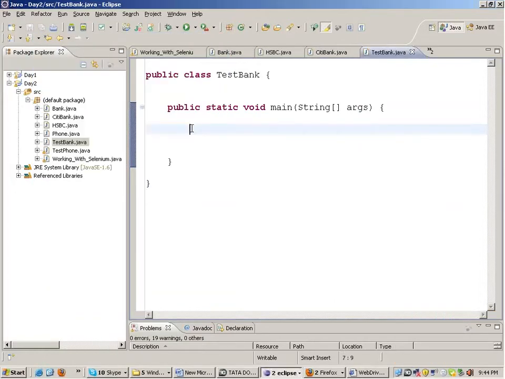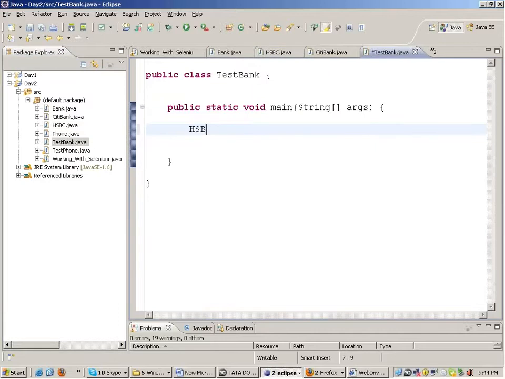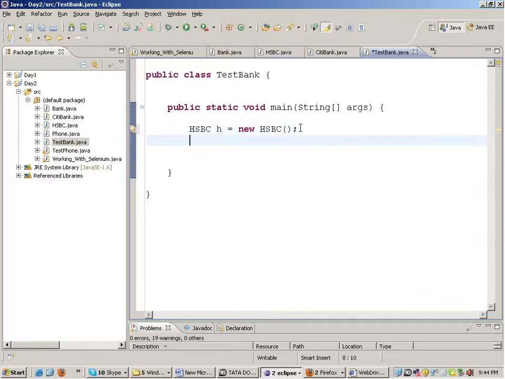Okay? Now, in test bank class, I have this hsbc.java. I'll create the object of hsbc.java. I'll write HSBC h equals new HSBC, and I will also create the object of Citibank like this: Citibank b equals new Citibank.